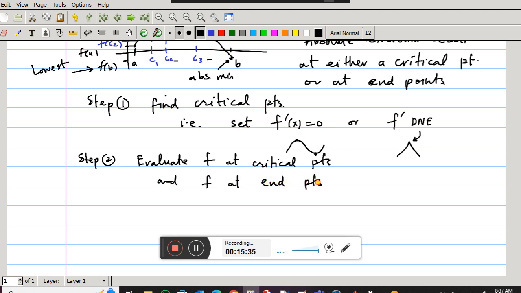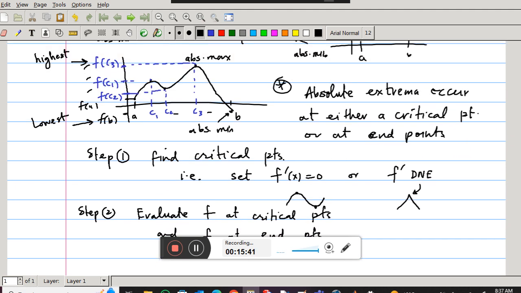That's it. I will just find the function values and compare which one is the largest and which one is the lowest. The highest gives me the absolute maximum, and the lowest gives me the absolute minimum. Very simple test